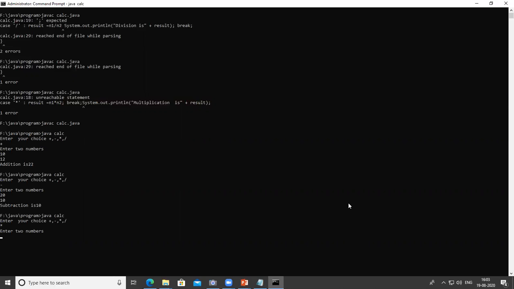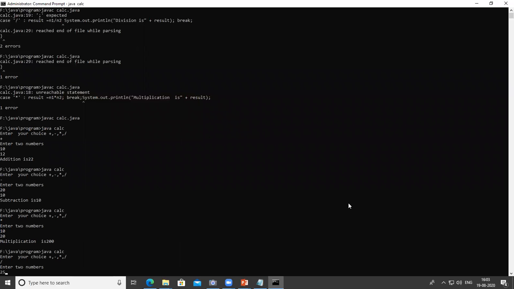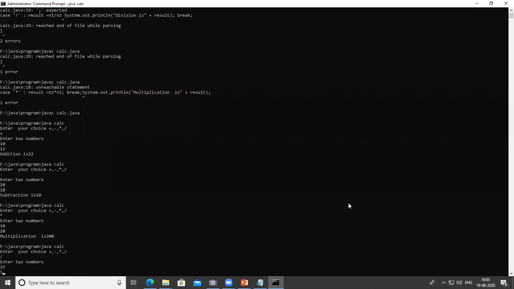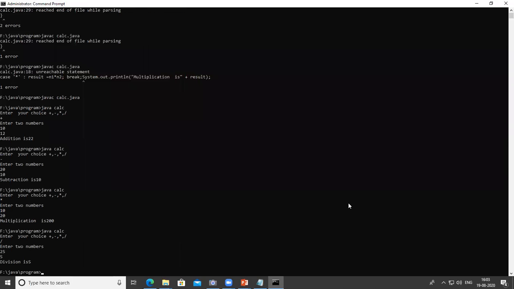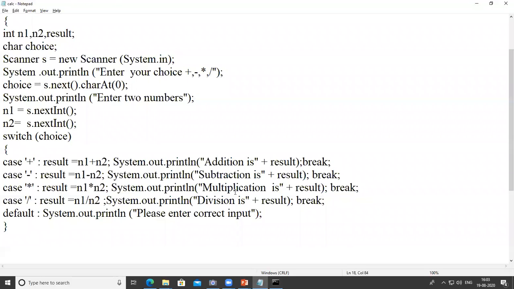Multiplication, yes, and the last one, if it is division, division is fine. So this is the switch case statement.